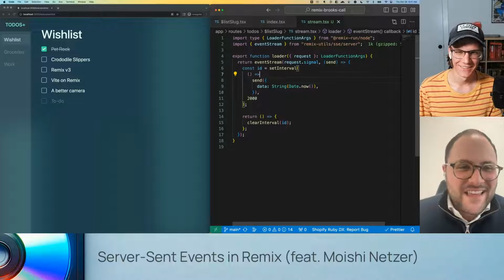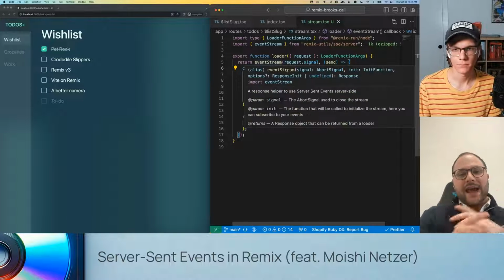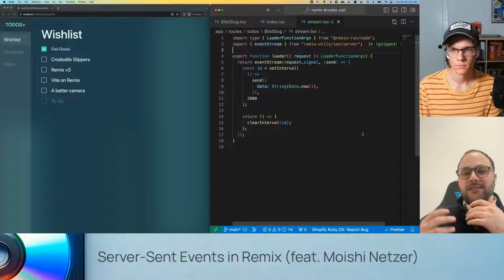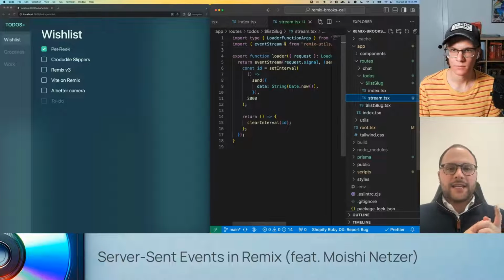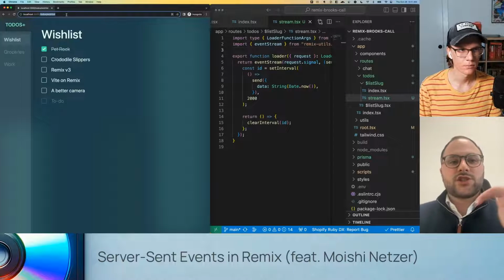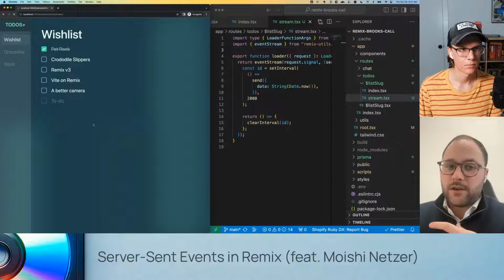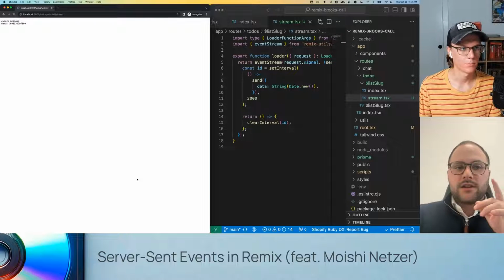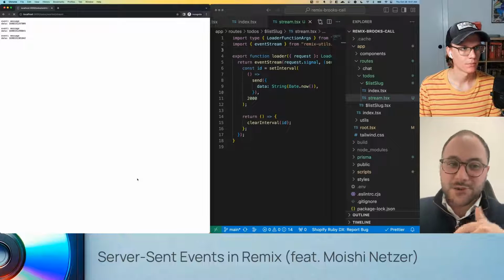Awesome. Okay. Sweet. Now, the best part about this, Remix, web fundamentals. When we added this file, what did we do? We created a new route in our project, right? Yes. So now let's go back into the app and, at the end of the route slash wish list, let's also do slash stream at the end, right? Because that's where we hosted it. Now, every 2 seconds our messages are being sent in.